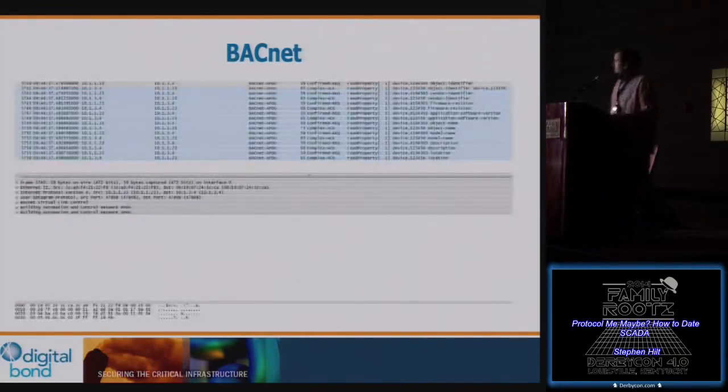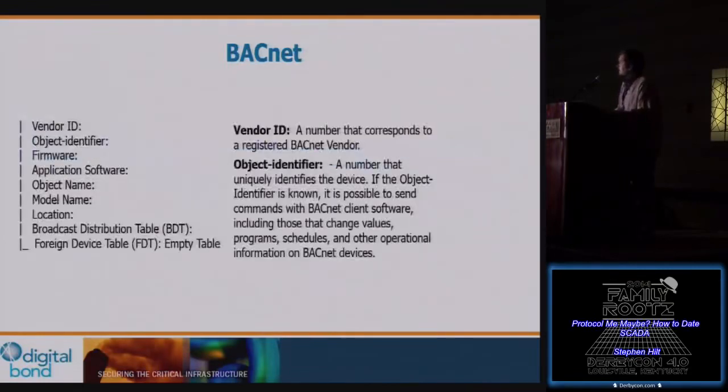So this is us pulling out of the open BACnet stack all those properties that I just listed, and showing you that it is possible. This is a UDP-based protocol, and you can pull all this information and you get responses on properly formatted packets, so you can really identify a good UDP-based protocol here. So based off all that information that we gathered, we went and wrote an Nmap script